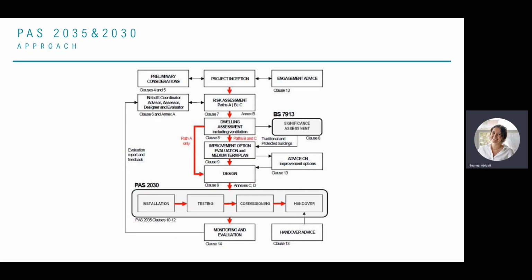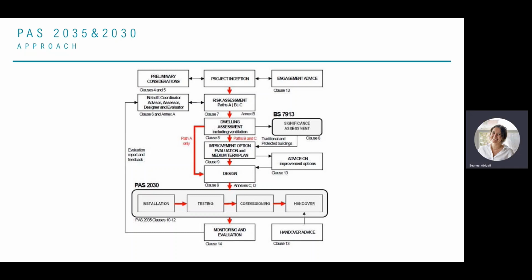The coordinator will then look at the property, look at the potential measures, the energy efficiency measures, and decide whether their property should be a risk A, B, or C. The C being most risky, A being hopefully quite a simple retrofit process. Normally path A only has like one measure. Path C, however, could include listed buildings, buildings in conservation zones, or buildings with 5 or more measures included. So once that is done,